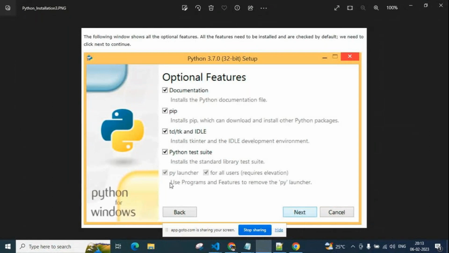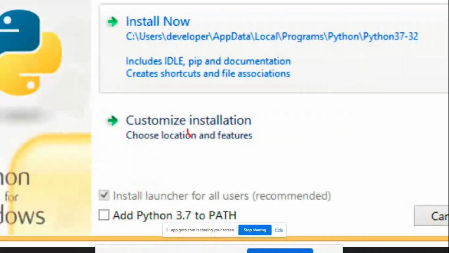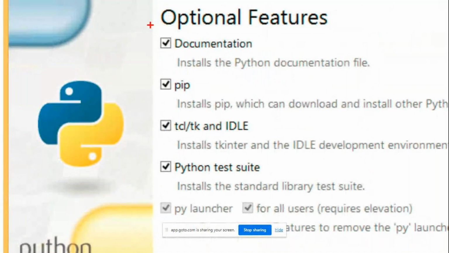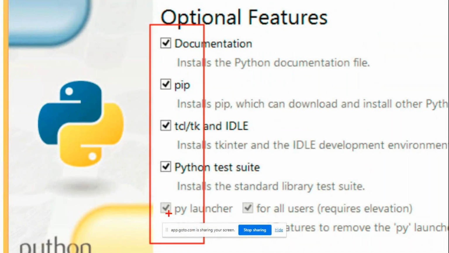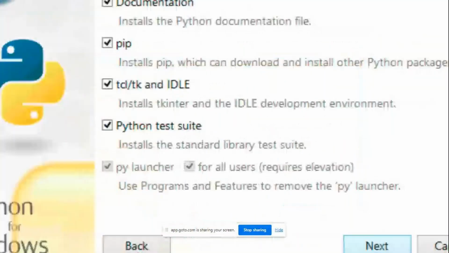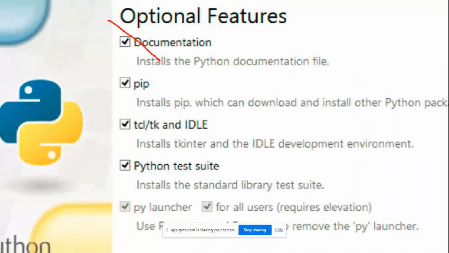Remember, guys, if you select the custom location, all these checkboxes display and you can select whatever you want. Default location means all these come automatically. For example, if you don't want the documentation, unselect it. If you don't want pip, unselect it. But pip is required, so by default everything is selected and there is no need to unselect.